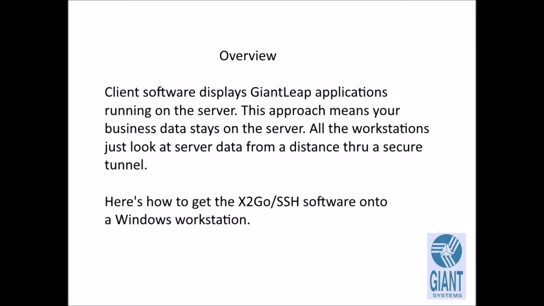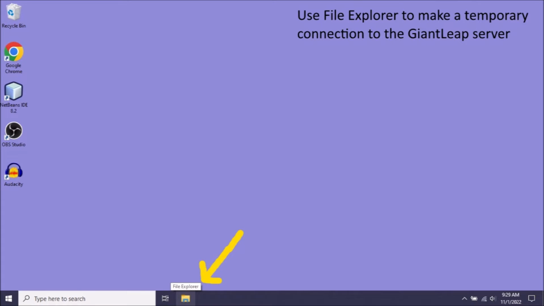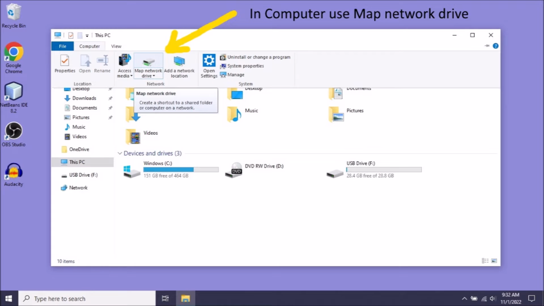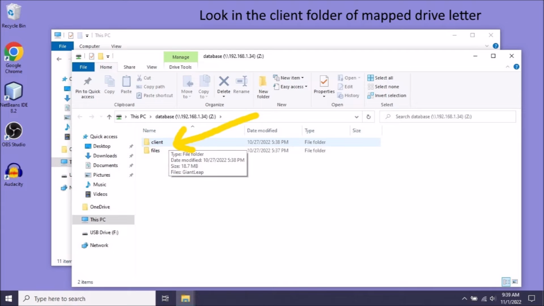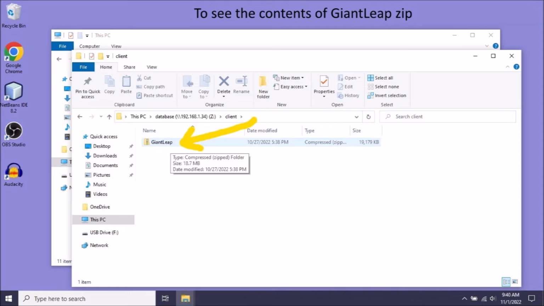Here's how to get X2Go SSH software onto a Windows workstation. Use File Explorer to make a temporary connection to the GiantLeap server. In Computer, use Map Network Drive. Drive letter has a folder like 192.168.1.34/database. Look in the client folder of the mapped network drive letter to see the contents of GiantLeap zip,